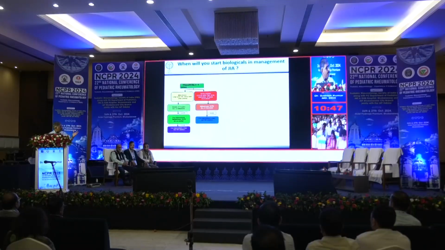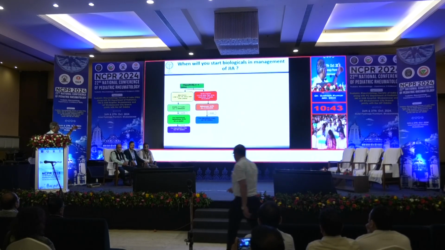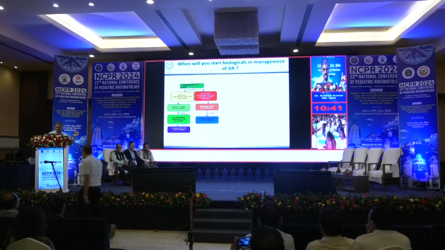So we try to look into what is a feasible thing which we should do in children with juvenile idiopathic arthritis. So the treatment is based on the type of presentation, phenotype, oligoarticular presentation. If it is a mild disease, you go to methotrexate, 3 months, no improvement, you give subcutaneous methotrexate. If there is no improvement, you add TNF alpha blocker.